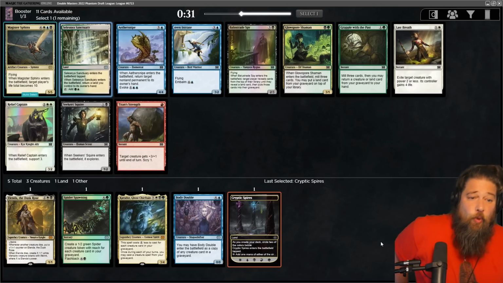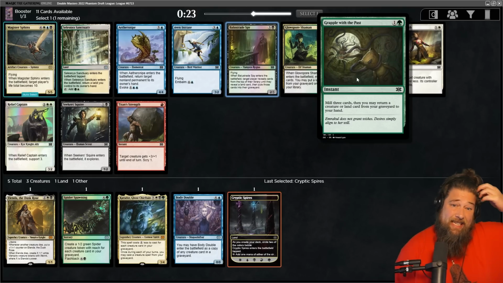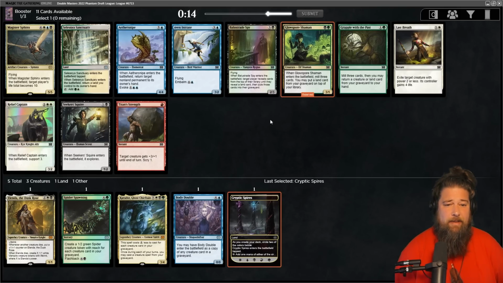There's also 3 decent graveyard fillers. Balustrade Spy, Glow Spore Shaman, Grapple. Out of these, I would probably take Grapple. I like that Grapple lets us get a creature back, although we want as many creatures as possible. As much as I want the bounce land, I think we got to take a...